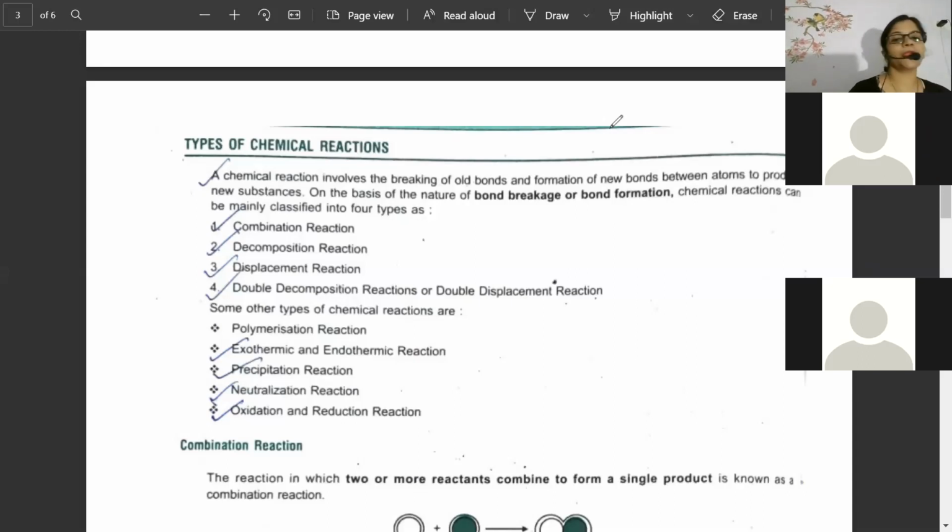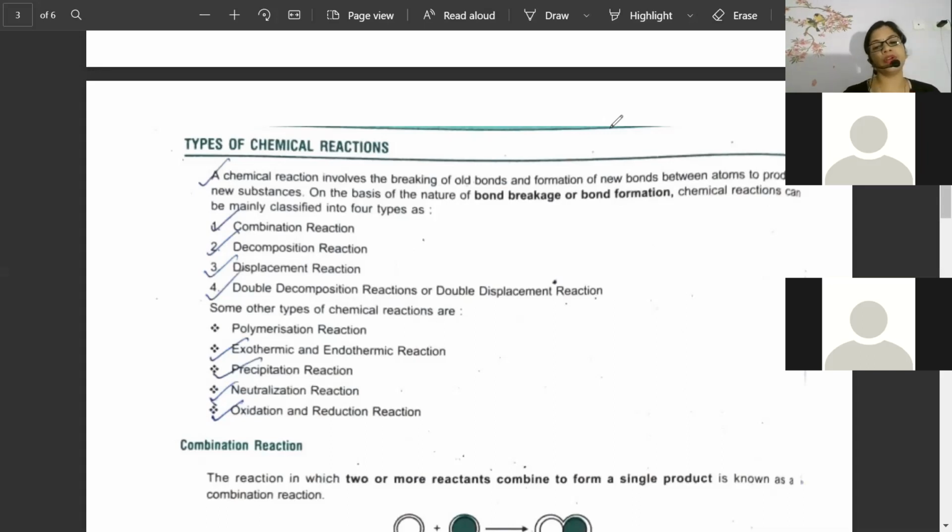Understand nicely, everyone, what exactly is called types of chemical reaction. You know that in a chemical reaction, breaking of old bonds and formation of new bonds takes place. In that live stream, I discussed the properties of chemical reaction. There was one MCQ question asking which one is not a characteristic of a chemical reaction. I told you that a new element will not be formed. The same element atom numbers will be managed on the left side and right side.